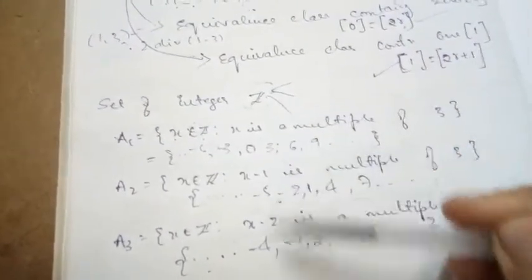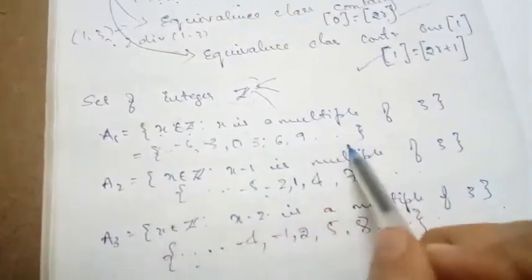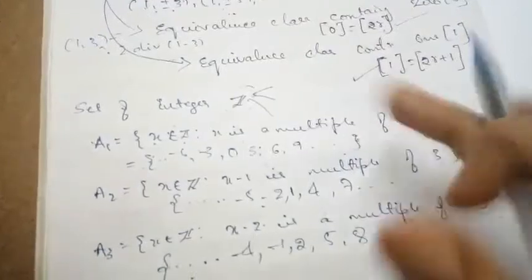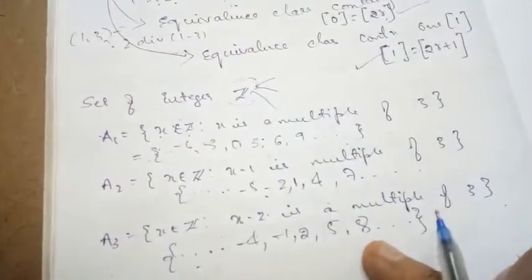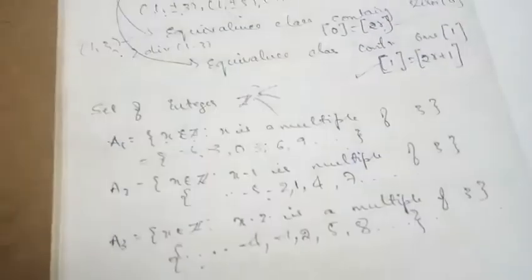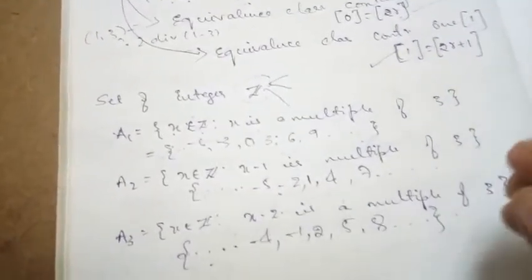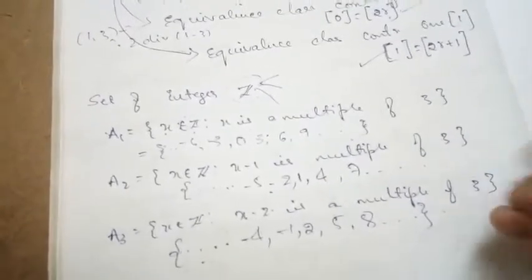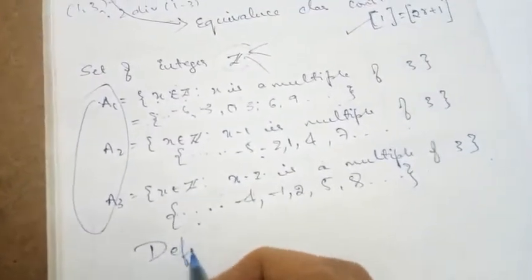You can see here clearly that all the elements in A1 are satisfying this condition, all the elements in A2 satisfy this condition, and all the elements in A3 satisfy this condition. But here, for all three, that is A1, A2, A3, the relations defined are different. By combining these three definitions, I can define generally